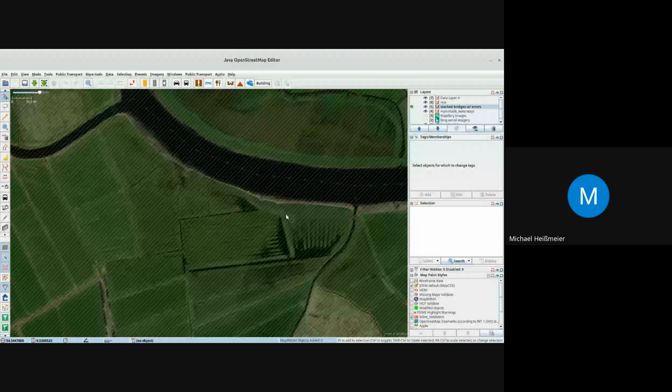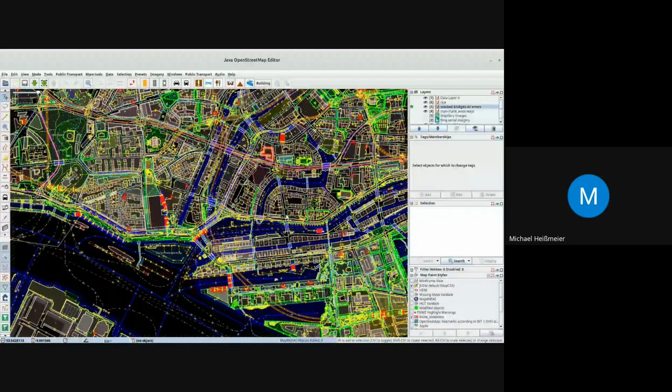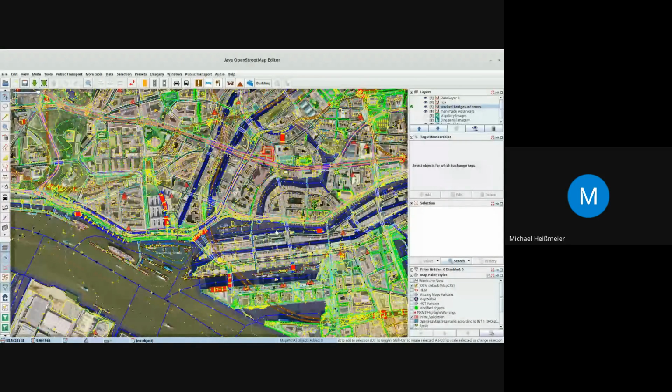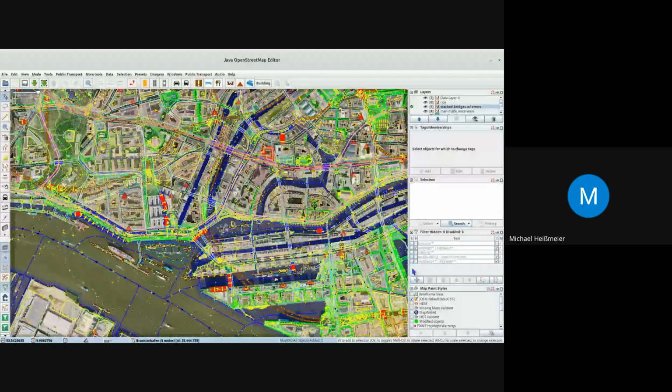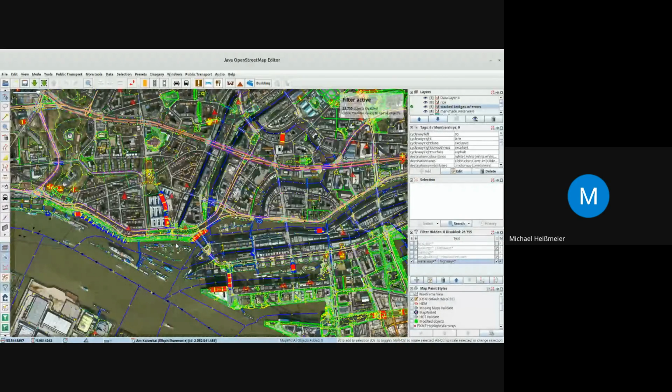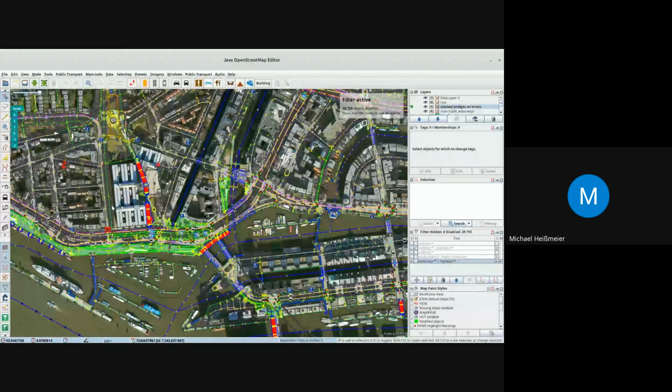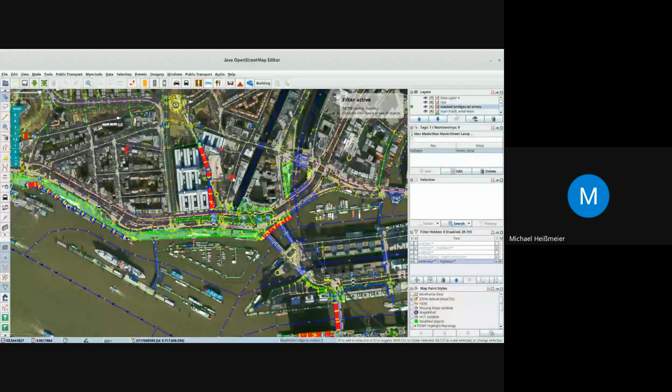And in order to reduce things a little bit, I'm applying a filter. That means we only want to see waterways and highways. That makes things easier. And then there is something else in JOSM. So this is an excerpt from the port of Hamburg in northern Germany.